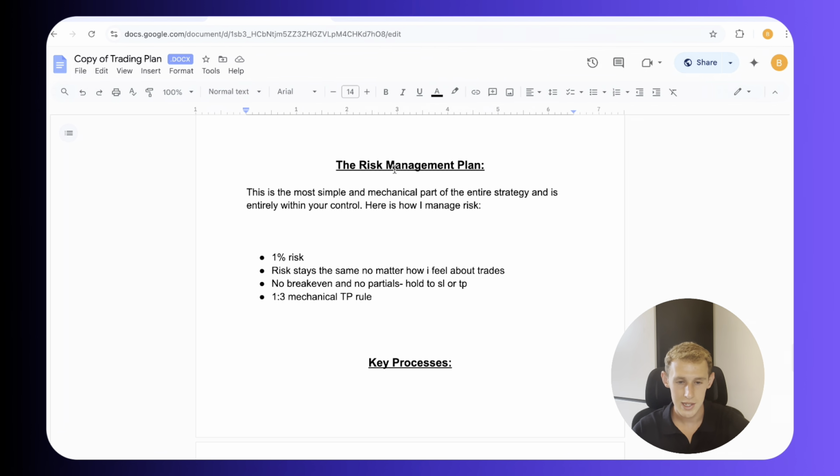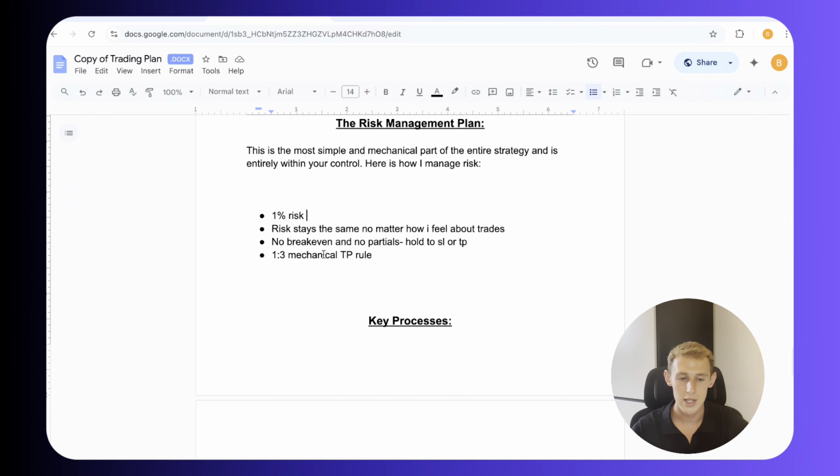And then lastly, we have the risk management plan over here, but the only thing we really need to focus on for the sake of the backtesting is that we are going to do 1% risk per trade. Risk stays the same no matter how you feel about the trades, and also no break even or partials. Like I mentioned before, 1 to 3 risk to reward,